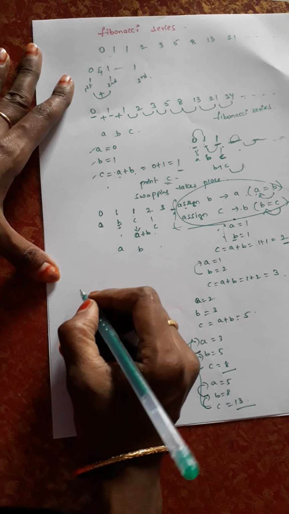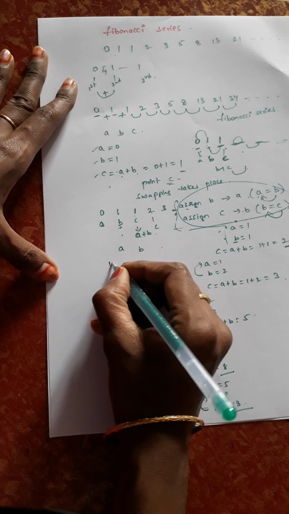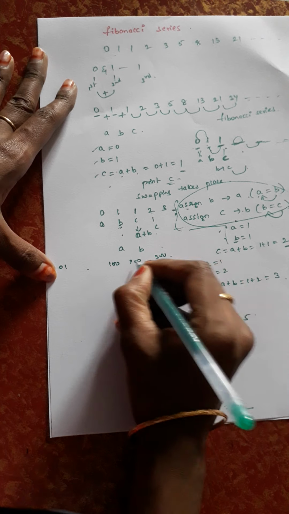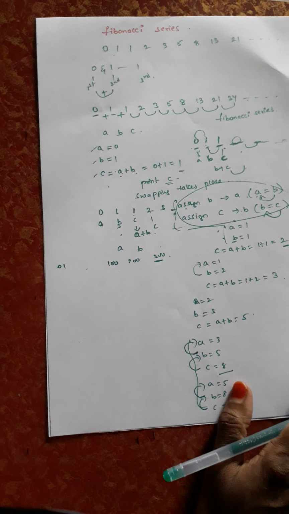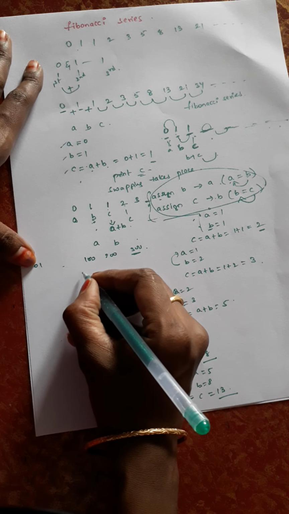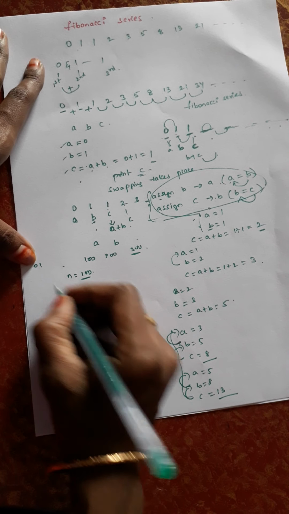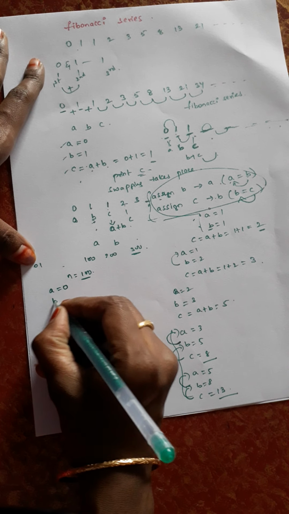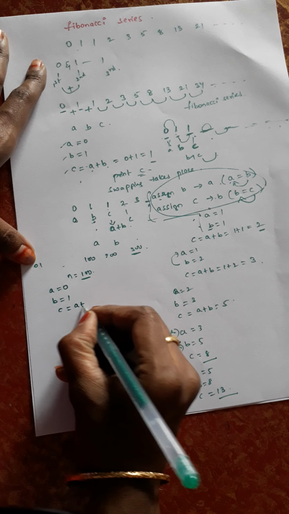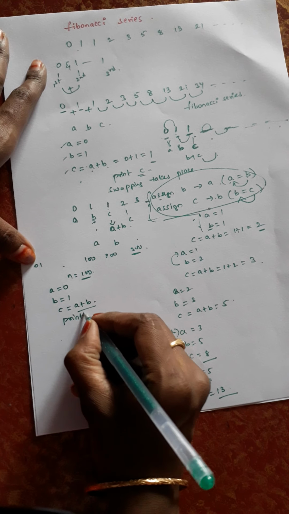Okay, here we simply write it first, up to 100. The series will be printed up to 100 or up to 200 or up to 300. So it will end depending upon the value which we give. Let us assume the series has to be printed up to 100. Let it be n equals 100. Okay, we initialize the values. A equals 0, b equals 1 and c equals a plus b. Okay, now print this c value.